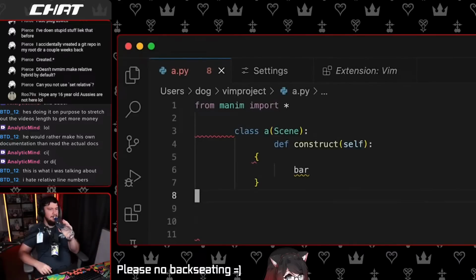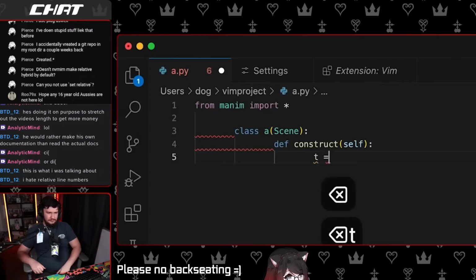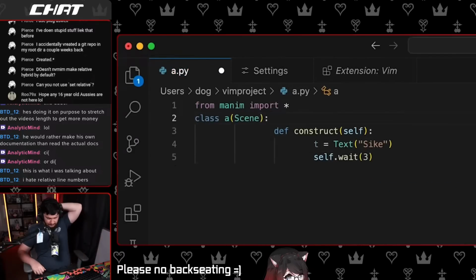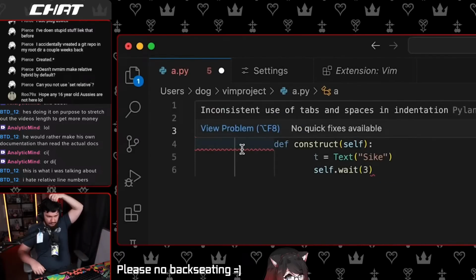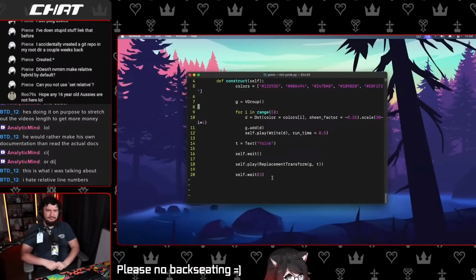Not that one. Not that one. That's a bit rough. Go up, DD, go up, DD, go up even more. Go to the beginning of this line, insert mode, delete the indentation, escape, shift G, delete a bunch of lines, tab, T equals text. But why do these indentations not work? It's strange. Oh, that's because they're indented twice. So that's the Vim experience, ladies and gentlemen.